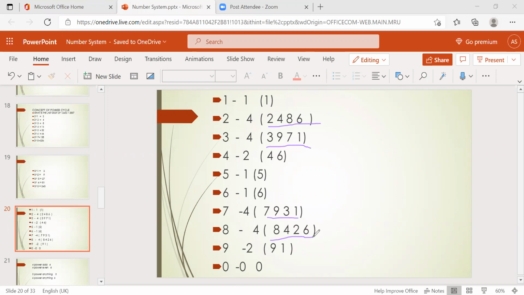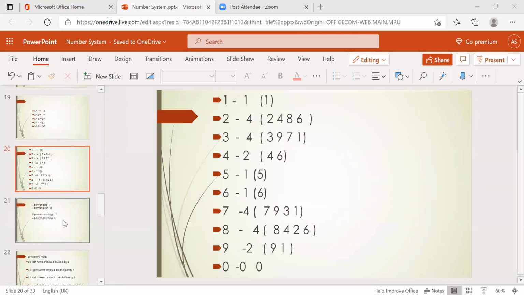What is the 7 reminder cycle? 7, 9, 3, 1. And 8: 8, 4, 2, 6. You can remember like this: 8, then half of the number is 4, and half of that is 2, and adding the last 2 numbers will get 6. So some use tricks to remember this. If you remember this, then you can easily get the answer for the unit digit of the numbers.